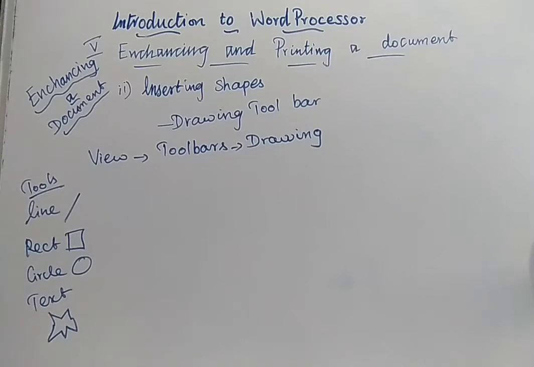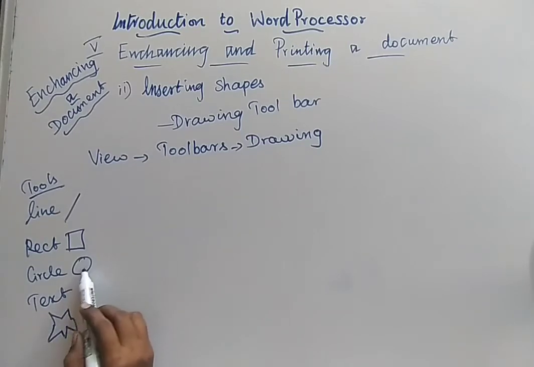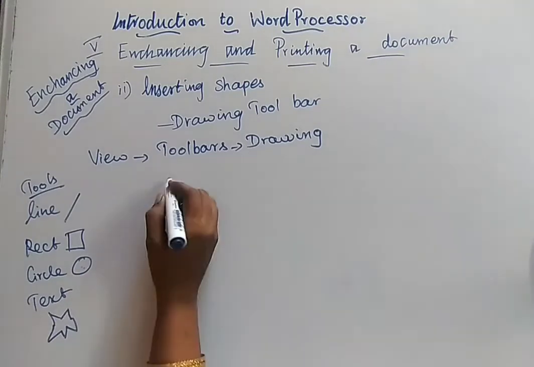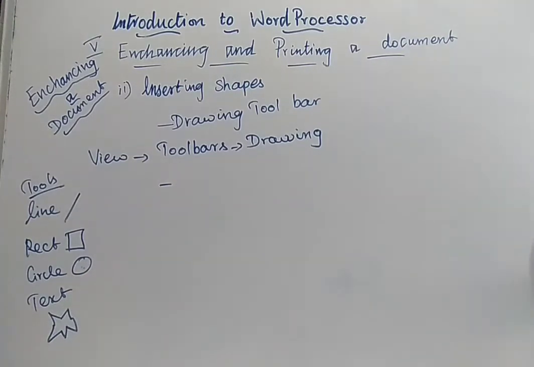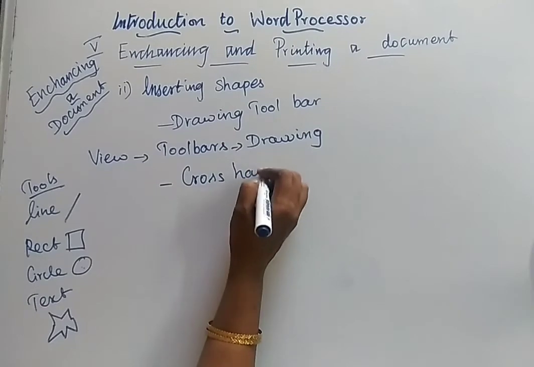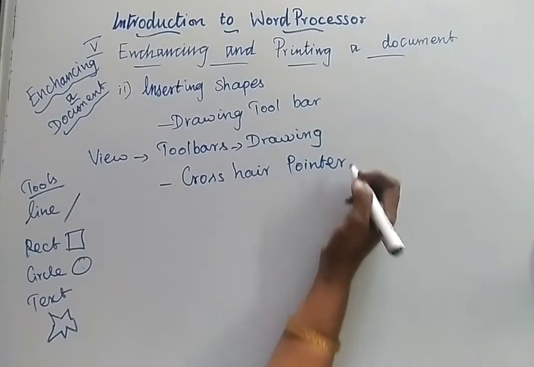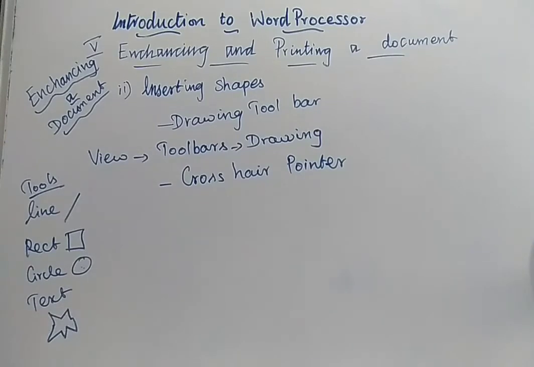From this, just click that figure. For example, if you are willing to draw a circle, what do you have to do? Yes, from the toolbar, just by using your mouse pointer, click this one. Okay, wow. Next, what is going to happen? Automatically your cursor, that is your insertion pointer, will turn into a crosshair pointer. Okay, wow.